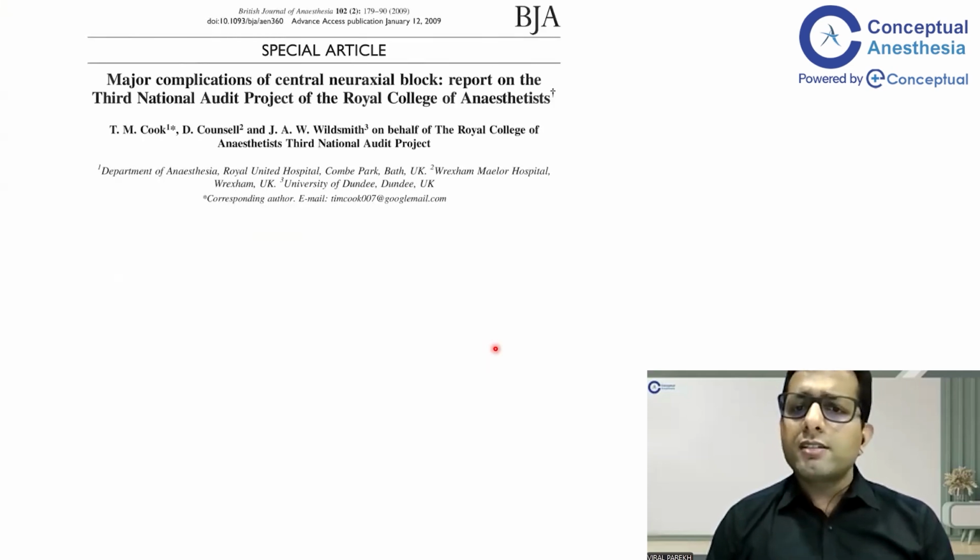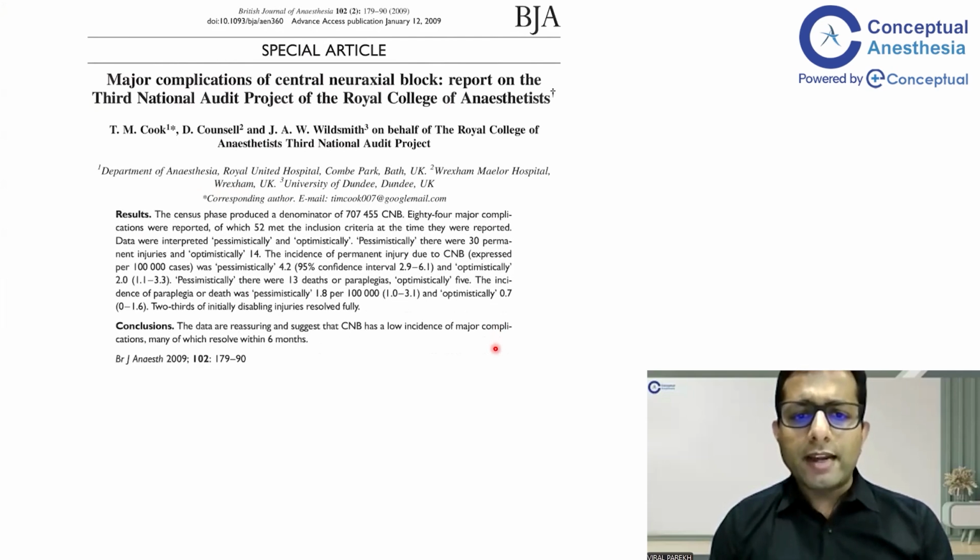Coming to the complications of central neuraxial blocks. This was the Third National Audit Project, which was published in 2009, and it mentioned that the incidence